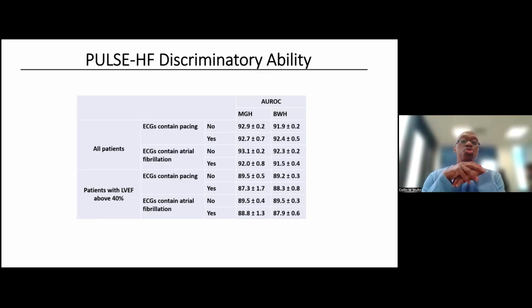Now, there are two types of patients that this model really looks at. So if you already start out with a low EF, so that your LVEF is less than 40%, and the model predicts that your EF will be below 40% in the subsequent year, it's saying that you won't change. And that's an important piece of data. But one could argue that the more interesting application is identifying those who will have a decline in their EF. So those who start out with an EF greater than 40%, who then fall into that. So what happens in this subgroup?